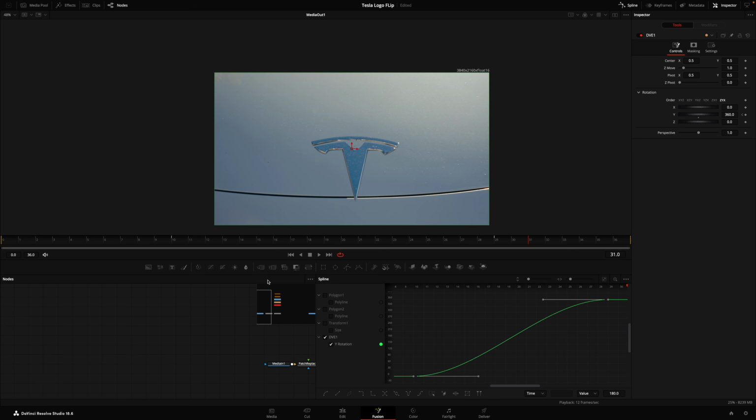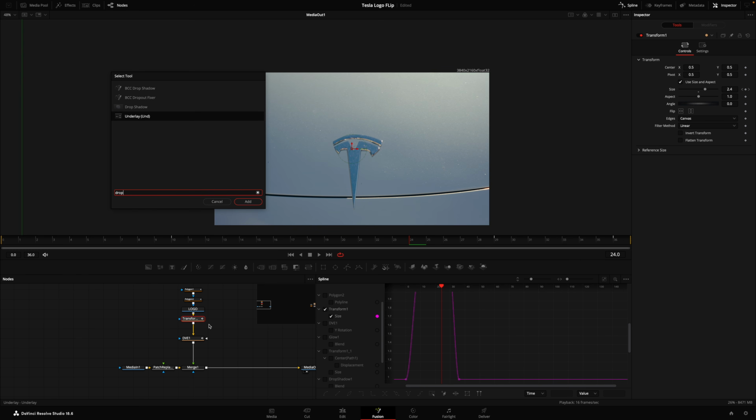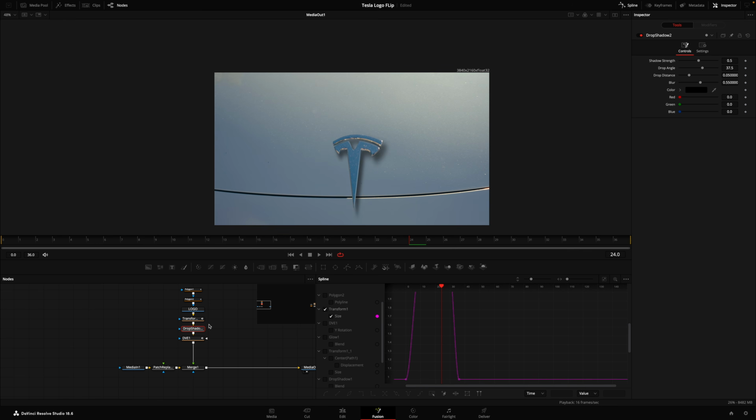to the spin. With the transform node selected, hold down Shift and press spacebar and type in drop shadow. Add the drop shadow node. Move your playhead to the very beginning of the clip. Over here on the right-hand side, turn the drop distance all the way down. Keyframe it. Move it to the point of where it fully comes out of the car and turn up the